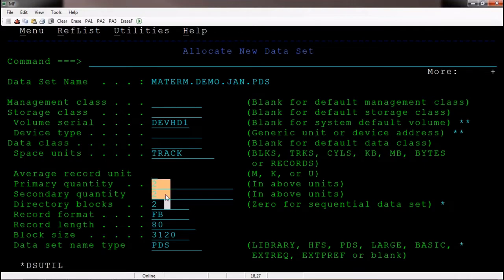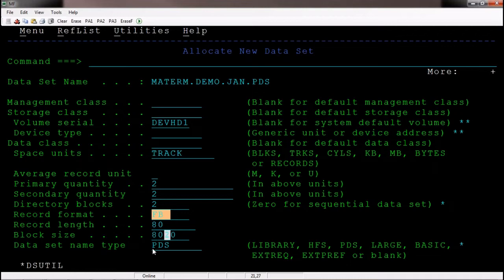Then primary quantity, secondary quantity as per the requirement. Record length: in each row, how many characters you want to store, we need to specify against the record length parameter. Block size is always a multiple of record length if it is fixed block format.